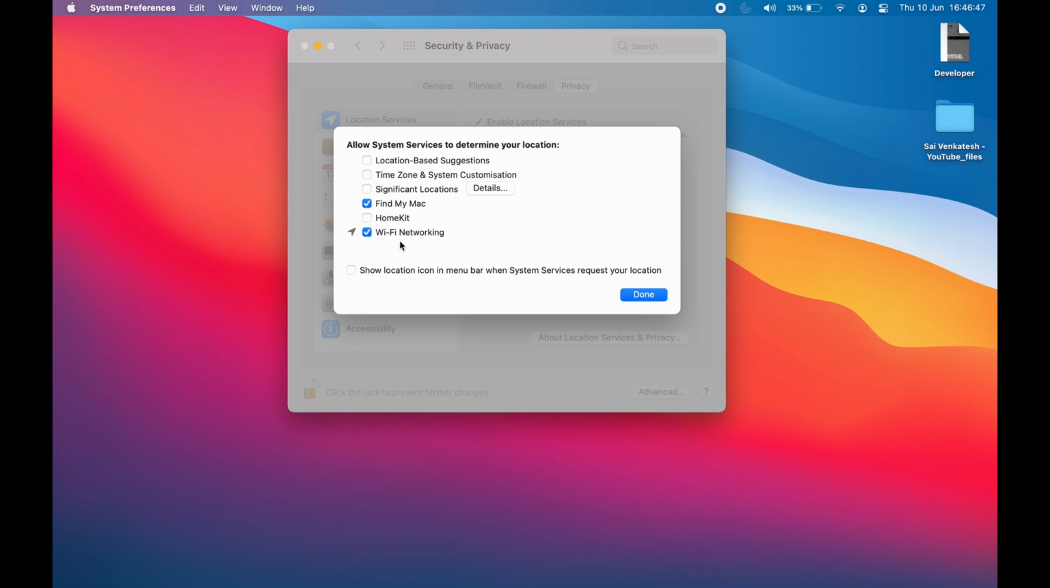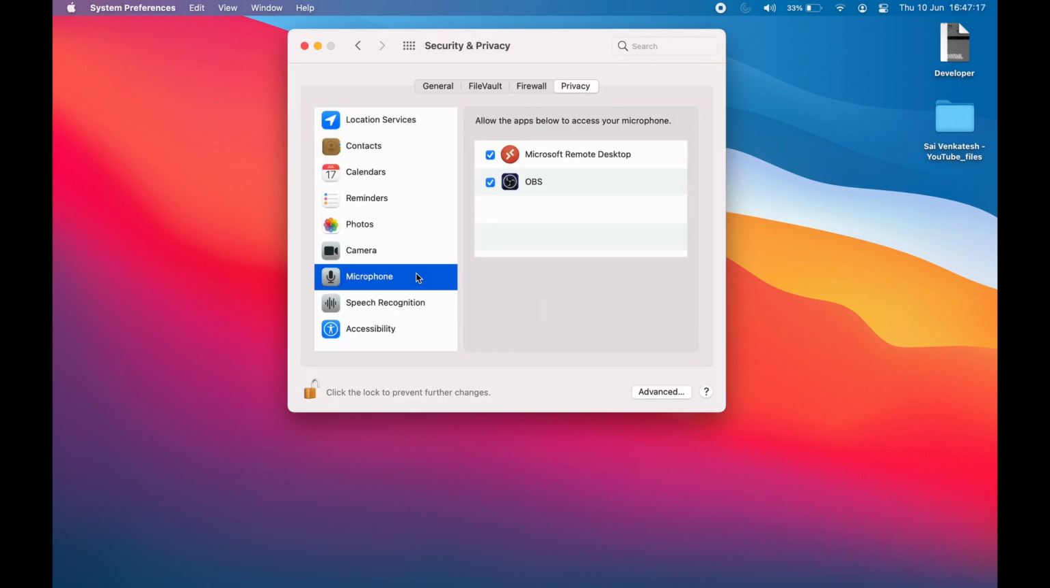Wi-Fi networking finds nearby Wi-Fi networks and sends information about them to Apple. You can turn it off. Don't worry, your Wi-Fi still works even if you turn this feature off. Now, click Done. Okay, let me click on microphone, and here I can see 2 apps, which means that my